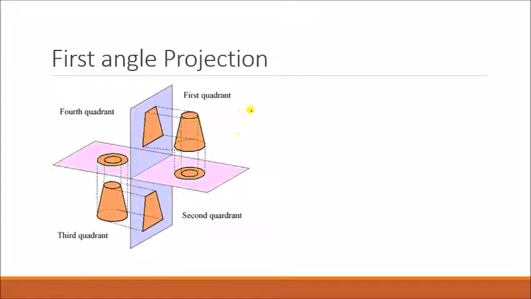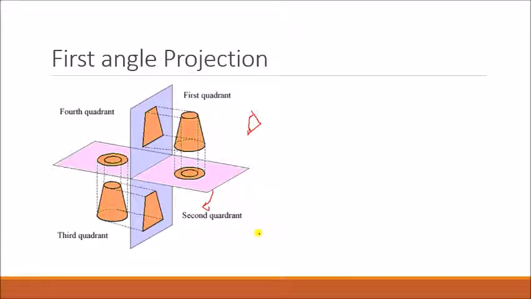So in first angle projection, for example, consider that an observer is here. Okay, he is seeing from this side. So in first angle projection, the object is in between the vertical plane and the observer. So when the object is in between vertical plane and observer, we call it first angle projection. Okay, so this is your front view, and when I open this downwards, it becomes this as top view.